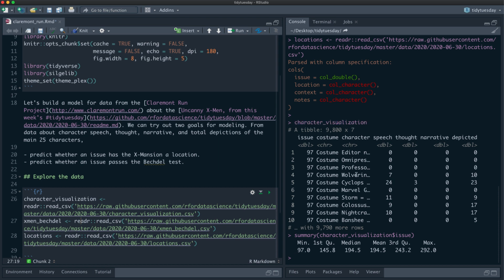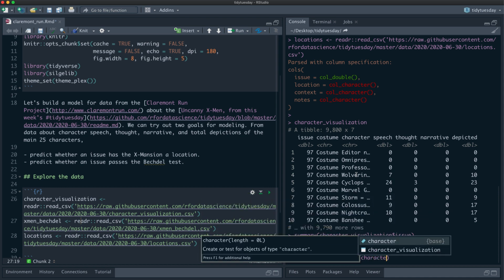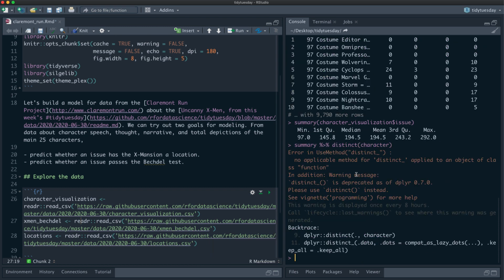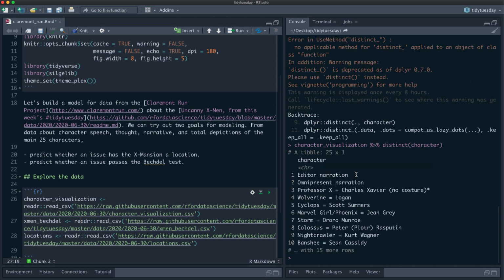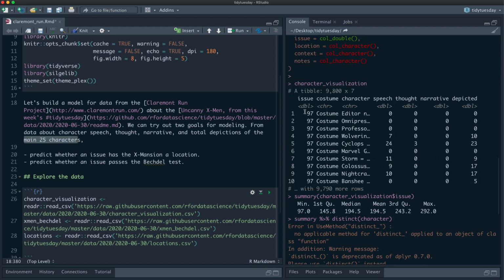So let's do a distinct character. So who is in this data set? Whoops, oh, did I do it wrong? Let me try that again. Character, distinct character, like so. Okay, so we've got 25 characters in here. So this data set has the main 25 characters, Wolverine and Cyclops and Storm and these most important characters in here. It has for every issue when they are portrayed in costume and then also not in costume,